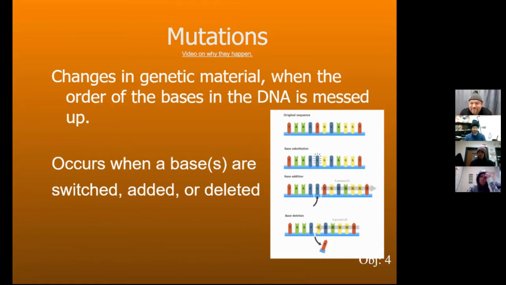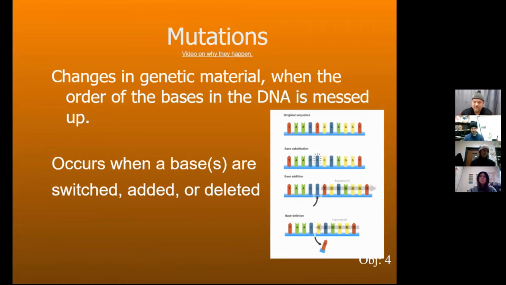So mutations are, again, just changes in our genetic material. So when the order of our bases is somehow messed up, we call that a mutation. Luckily, this doesn't happen too frequently. If you think about how much we have to replicate our DNA over and over again, our body's actually pretty good at catching these mistakes when they happen. But they do occasionally make it further along in the process,